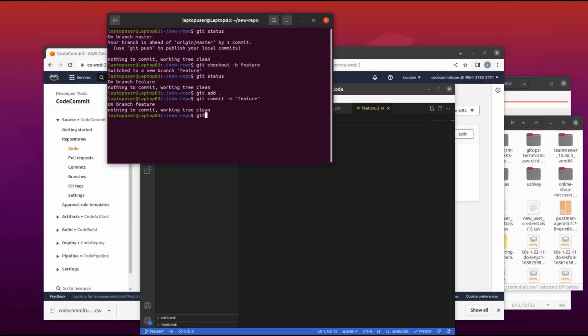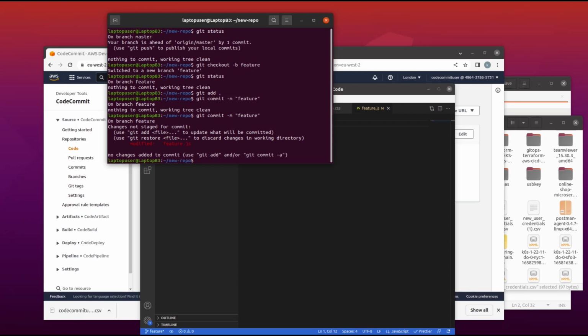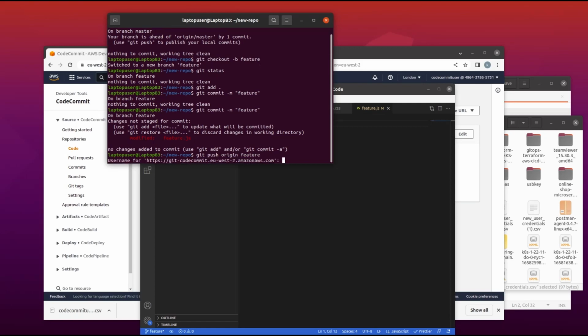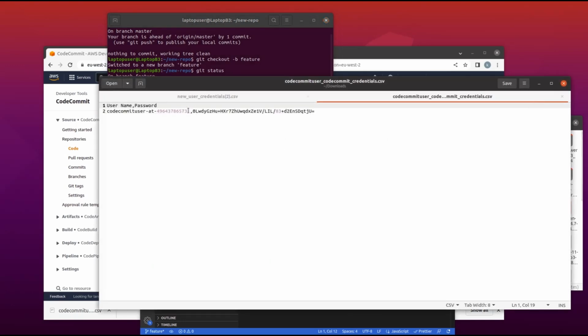So here we have the different files. We have the feature, we have the index, we have the main. So let's just add some content in those files, so we have visibility that content has actually been added or modified. So before we go for the git commit, once that's done, we see that we have the file feature.js that has been modified, clearly written in red. So once the commit is done, we can now